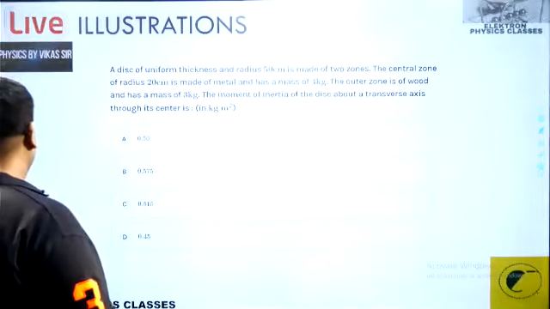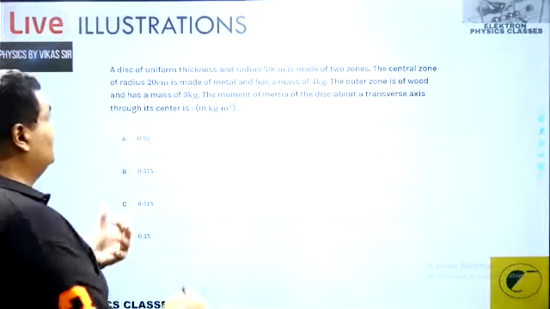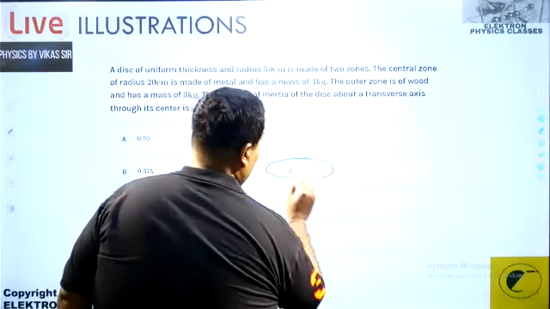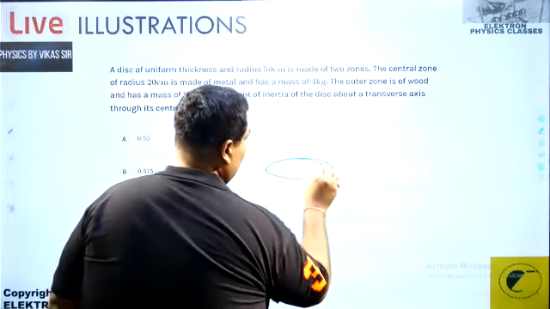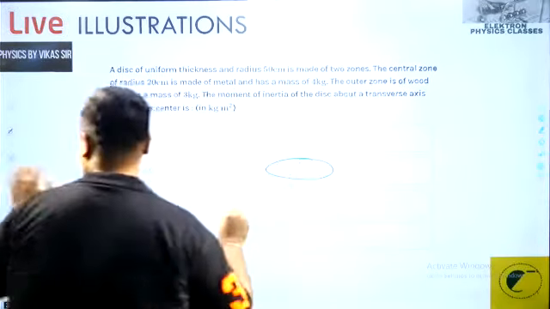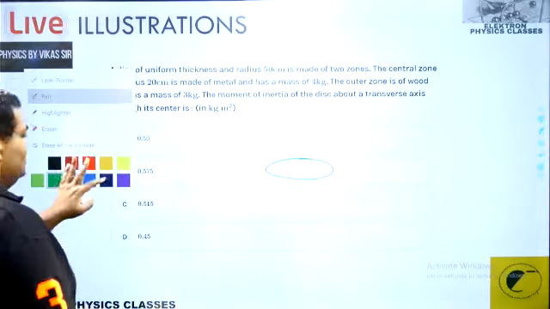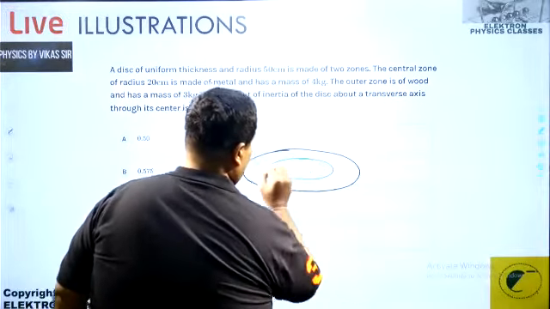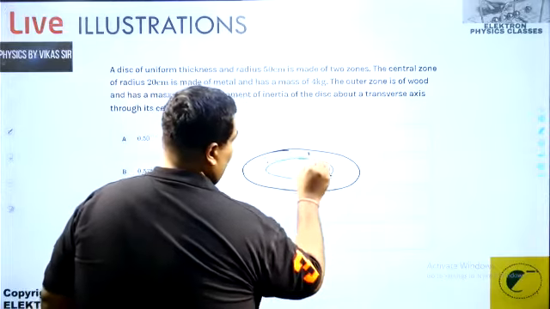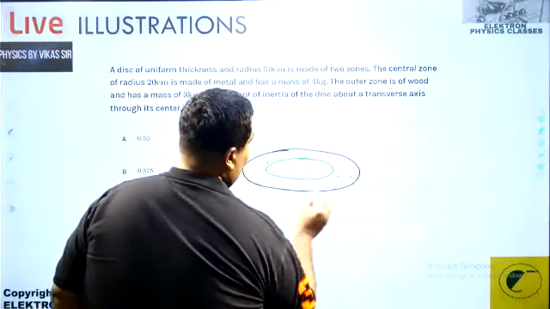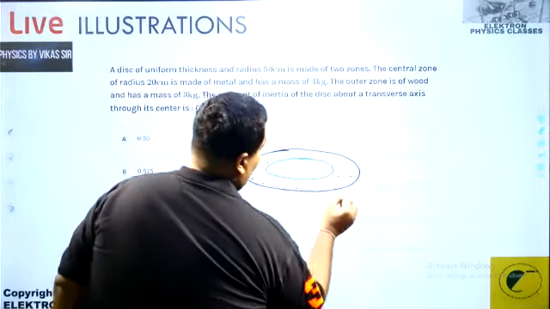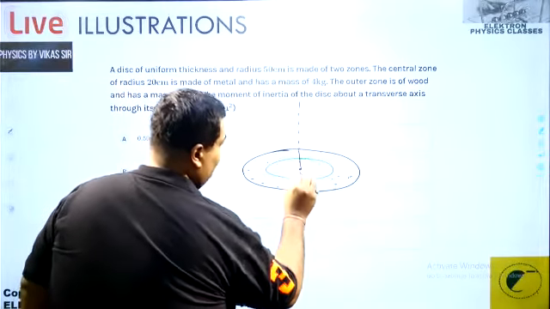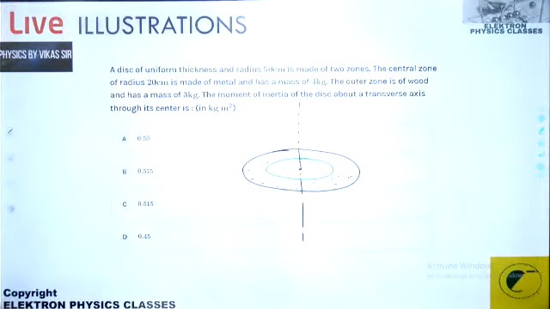So let's form the figure for this, meanwhile you're solving and going to give me the answer. So this is the first part of the disc. And this has another zone, so let me create another zone. So this is another zone of it, the second part over here. Two parts, and this is an axis just passing through the center of it. Looks like the figure now.